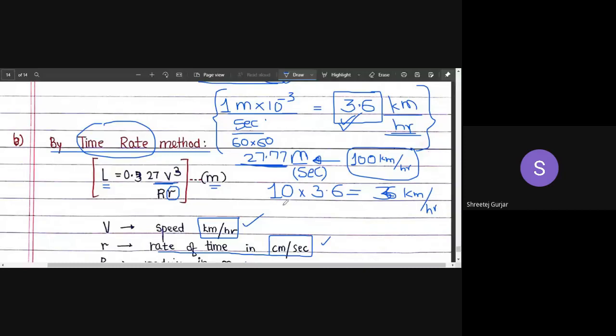right? So meter per second you usually write as small v, and kilometer per hour we write as capital V. Okay, so make sure you know this conversion, because this is usually what you have to do in the exam. Usually they give you the opposite one, and you have to convert it to kilometer per hour or meter per second.